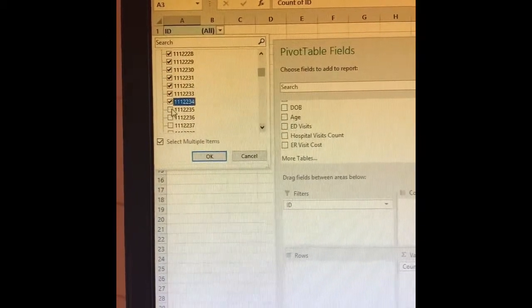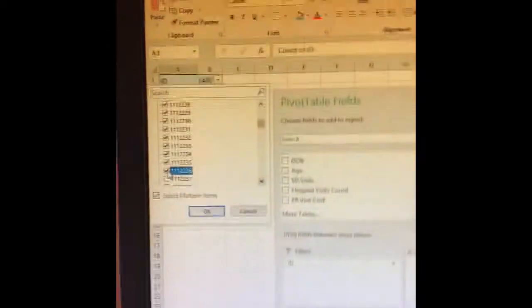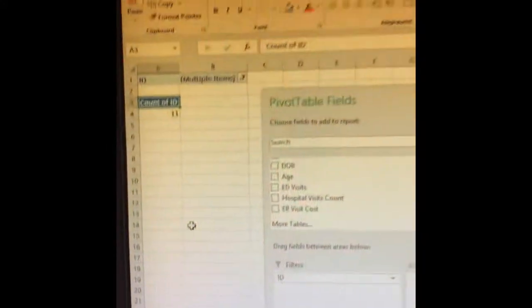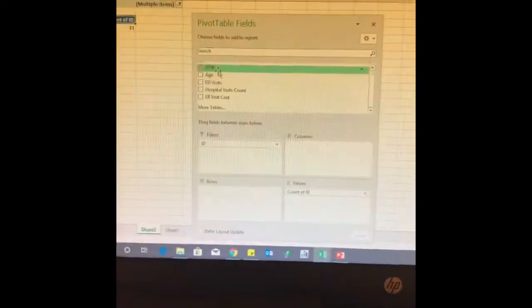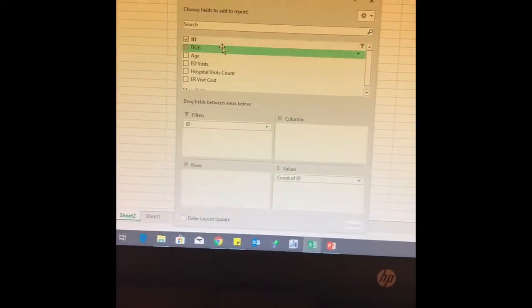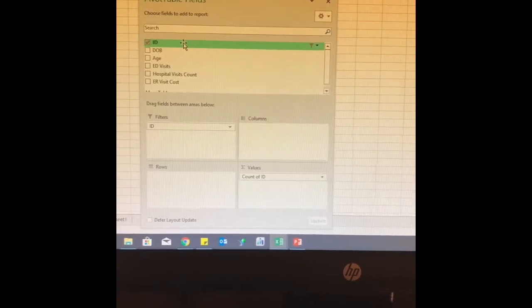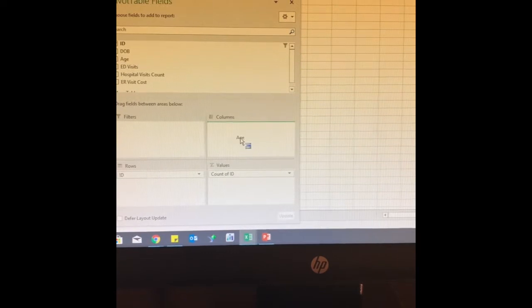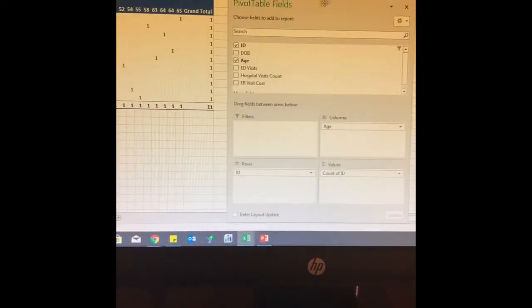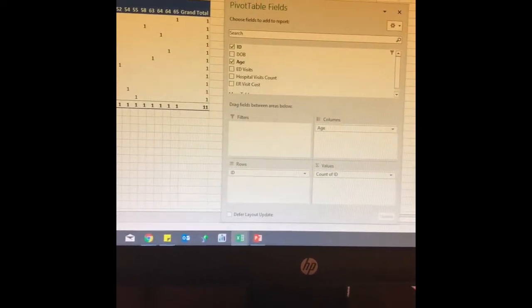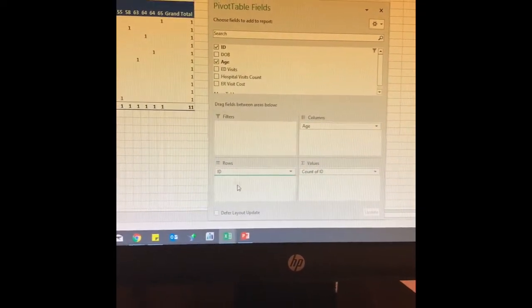So just to show you and give you an idea, you will select all patients. I'm not selecting all patients. I will select a couple of them, and then like I have selected 11 of them. So now I'll play around with this 11 patients data. So I'd like to know their age. So first of all, I'll have to place this, and then I'd like to know their age. And since there are only 11, I can place it in the columns and see what age group they fall into. But I could switch it over here to see